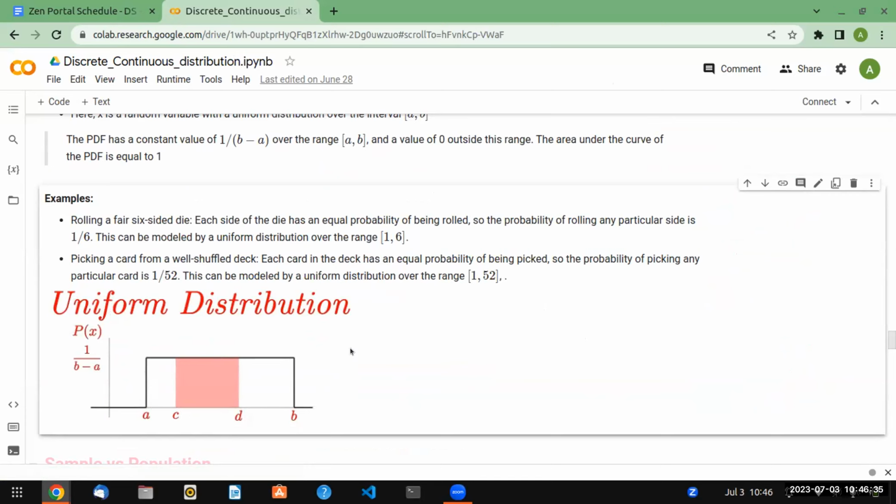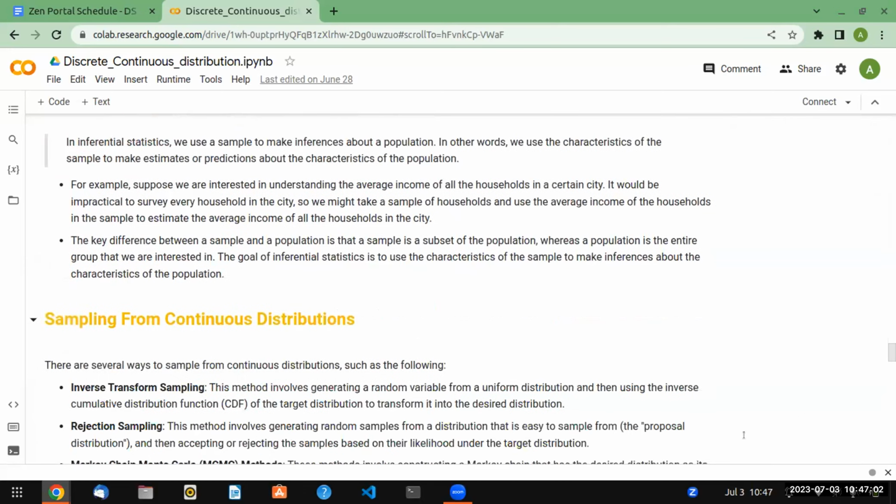These are examples of rolling a dice, just to try to understand what the uniform distribution is. But you need to keep in mind, if there is an equal possibility or equal probability for every random variable in your data set, that type of distribution is called what? Uniform distribution. Okay, what do we have next?